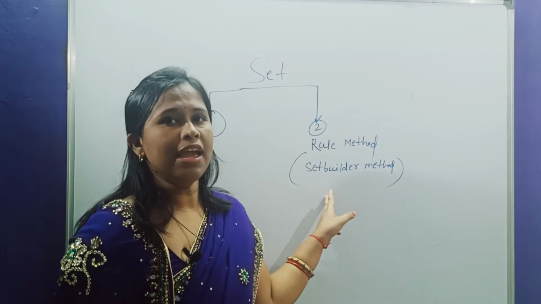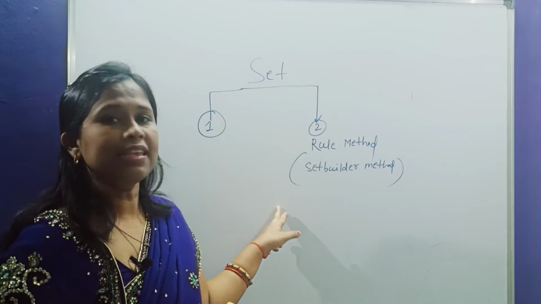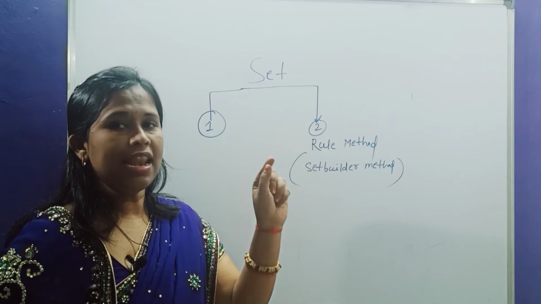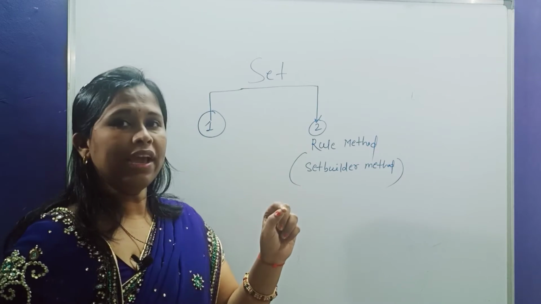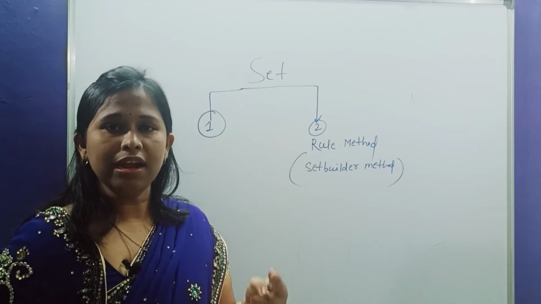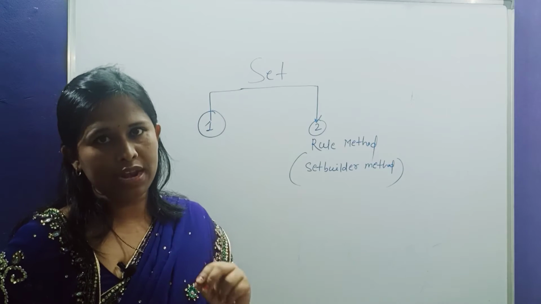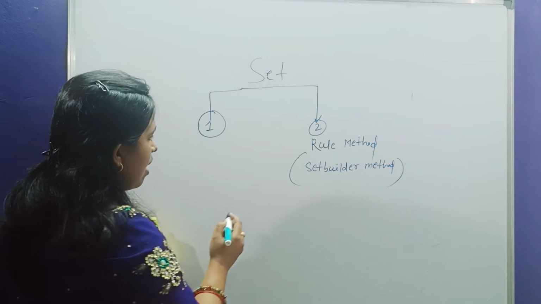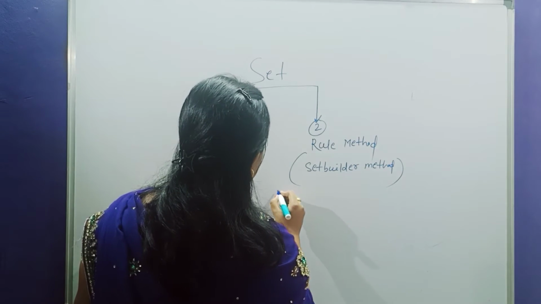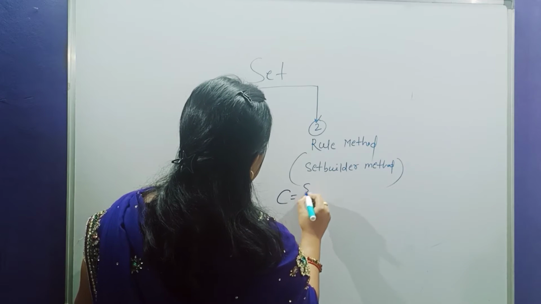In rule method, the elements satisfy a single rule. जो सारे एलिमेंट्स है ना सेट में, वो एक सिंगल रूल को फॉलो करेंगे, and we have to write down that rule only. Suppose, let's say I am giving one example here. Suppose set C I am taking